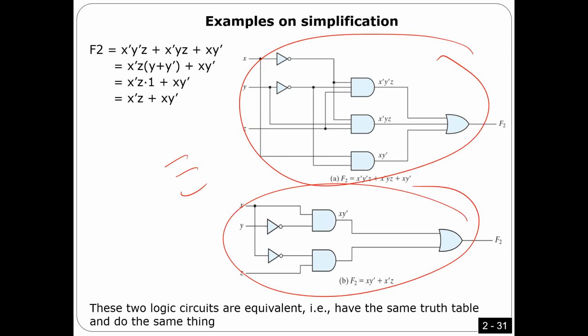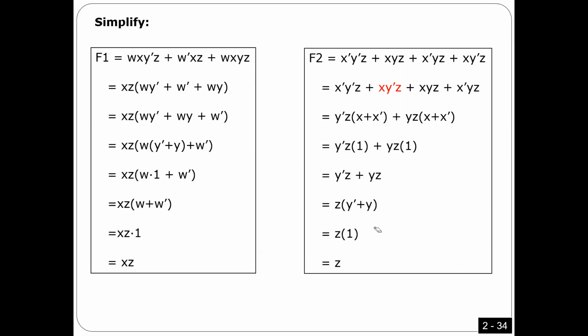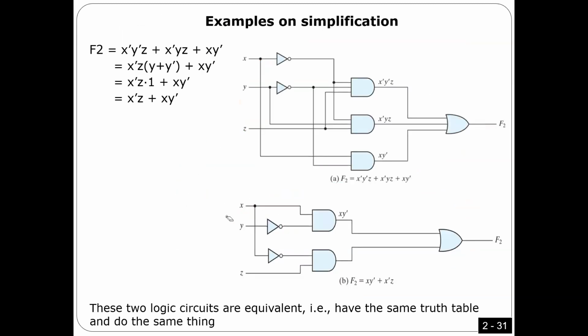Not only about cost, it's also about time. Why? Because as you know, from the labs, we have propagation time here. It may not save time in this circuit, because here you have two levels, and also here you have two levels. But in general, simplification, number one, you can use a smaller number of gates, can be cheaper. Number two, also, for example,